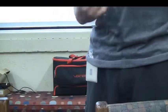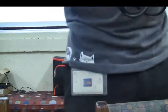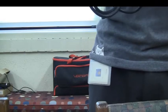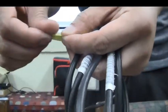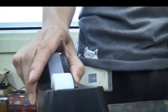That's the wireless mouse dongle. I don't have a tripod, so I'm going to have to put it down. So I'm going to take one of the cables. This is the power cable, and I just loop it like a rope. Oh, I think that's a little too high. I couldn't see. So I'm going to fold the Post-it note in half. I am going to get some tape, and I'm going to make the tape a little bit longer than the Post-it